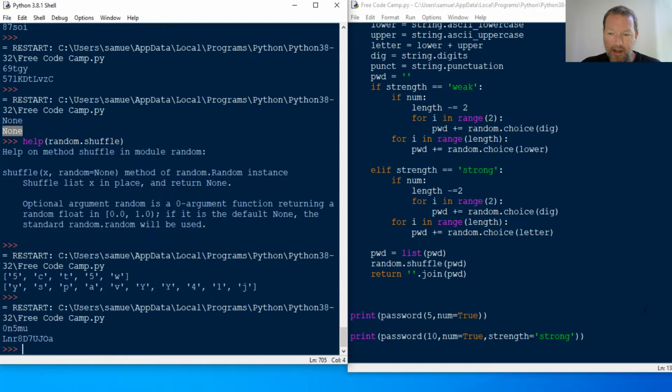Bam. So now I have shuffled, rejoined. I'm using my join method on a list for a string, and now I have these random passwords. So we have weak, we have strong. Now let's go ahead and knock out